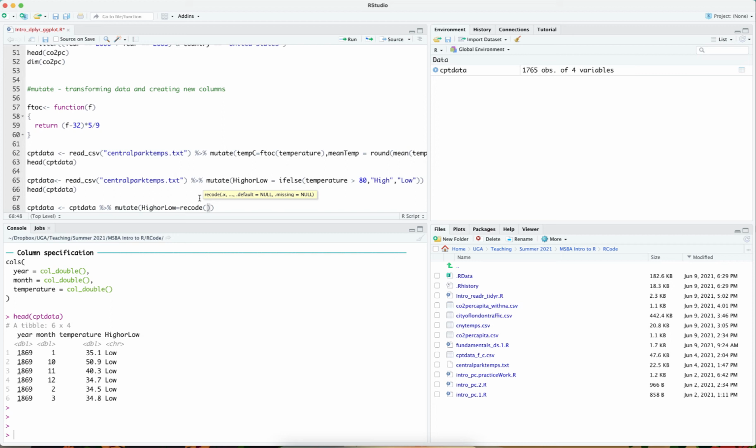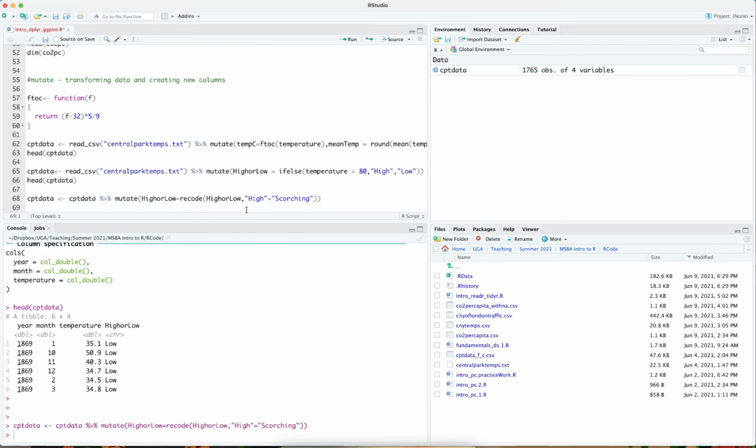I want to recode values in this high or low column where I change the high value to be actually equal to scorching. When I run this, you can find that CPT data,